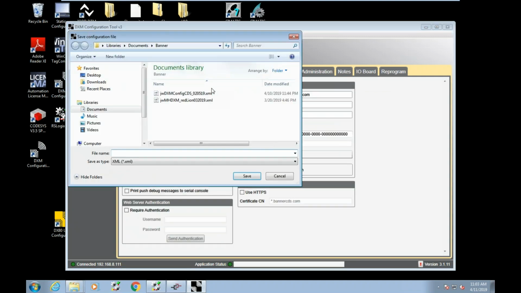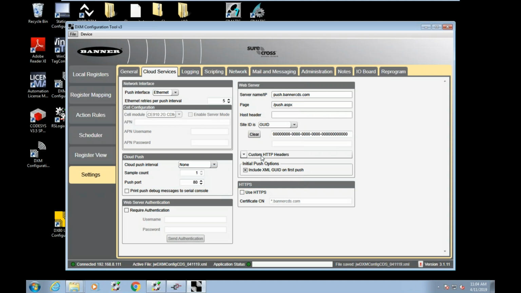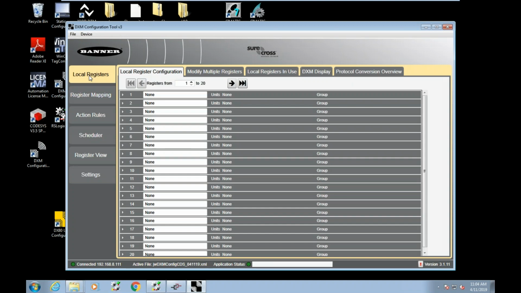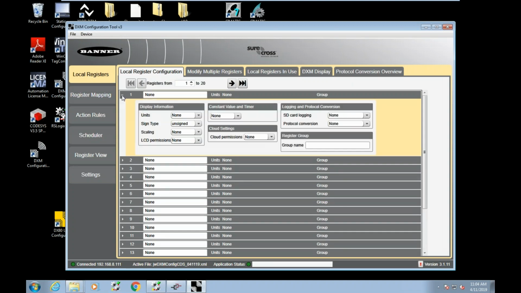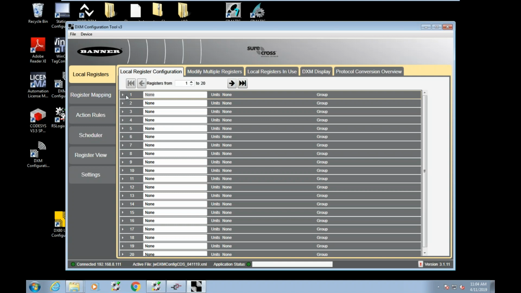I'm going to go ahead and configure my cloud service, or at least look through the beginnings of that. So I've saved the file. Now this is saved, but it has not been sent to the DXM device, so that's important to note. But before I configure the cloud, I want to be sure that I'm actually reading something. So I'm going to go to this local register and do a test. Just call it test